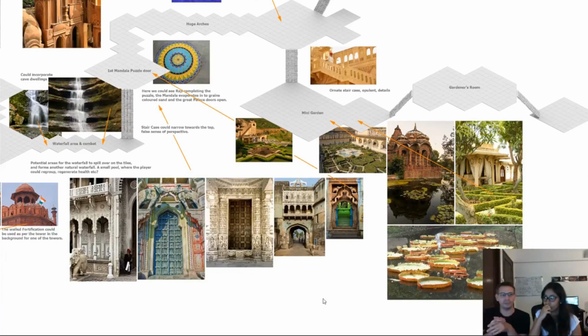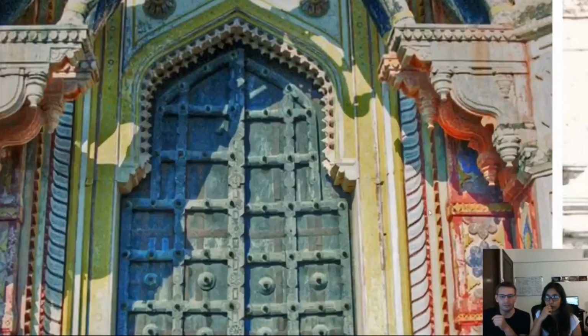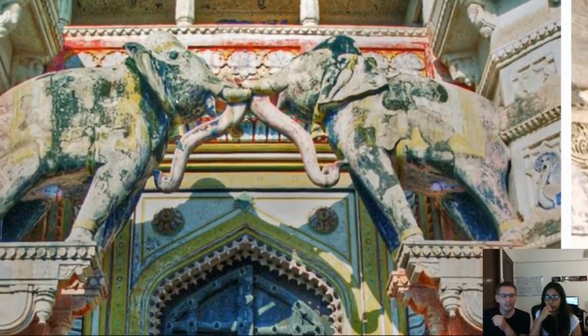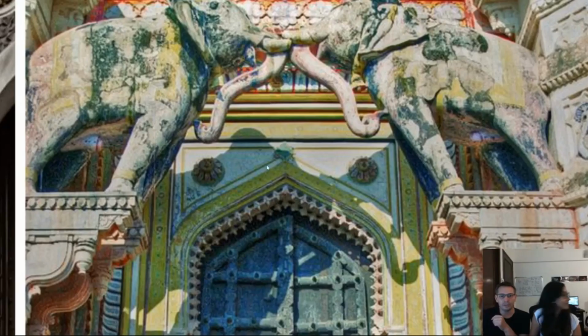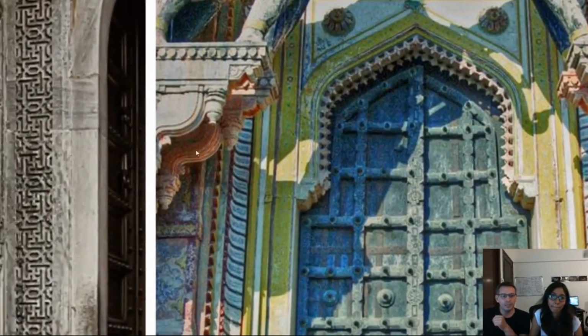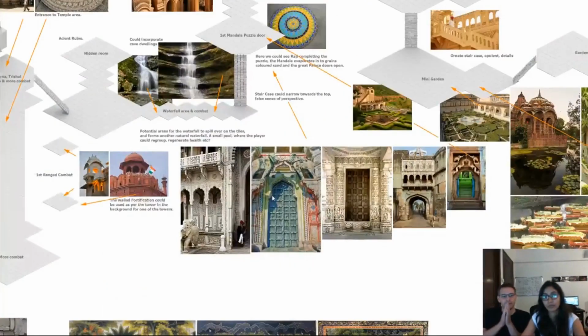For instance, we've got these great big doors here, and they're absolutely delicious to look at. The detail, the vibrant colour in there, and the elephants effectively kissing with their tusks. The insane amount of detail is just phenomenal, and it's something you can't take for granted, and we all do, from all different cultures. We take our particular culture, the architecture, whatever it may be,